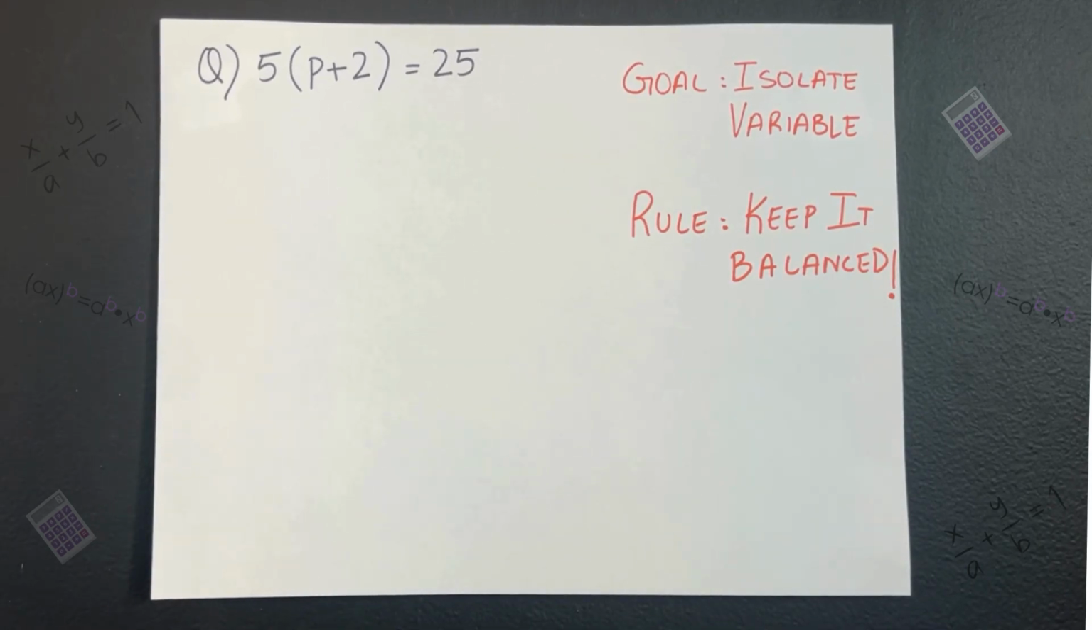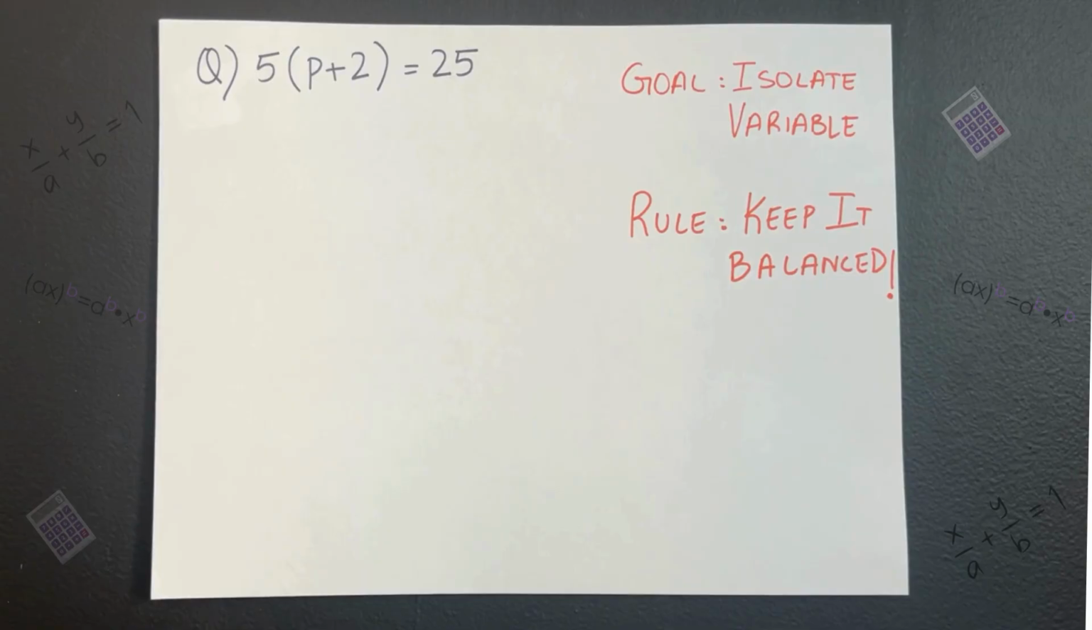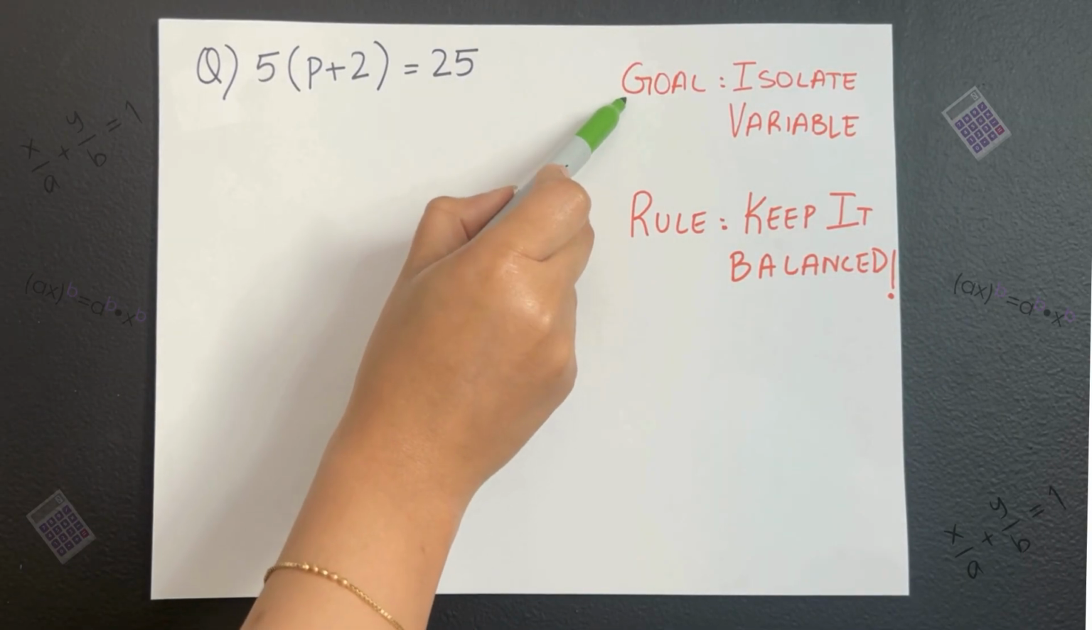This kind of question stumps so many students: whether you should multiply everything that's in the bracket first with 5, or is there a better way? I'll show you both, but before that, let's look at two most important things in algebra, that is the goal